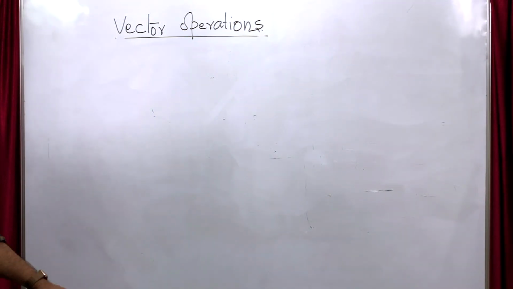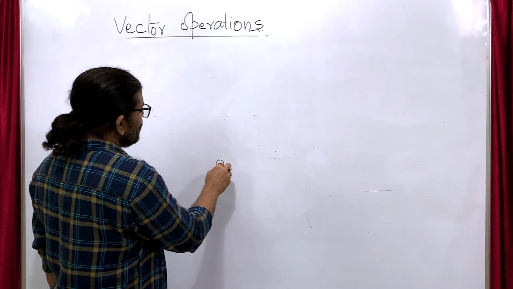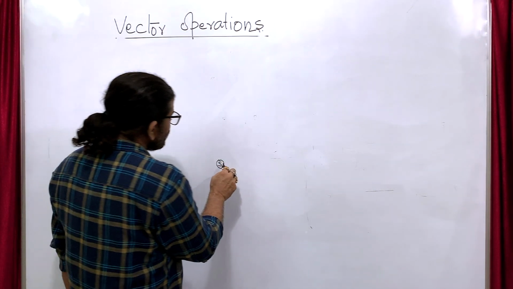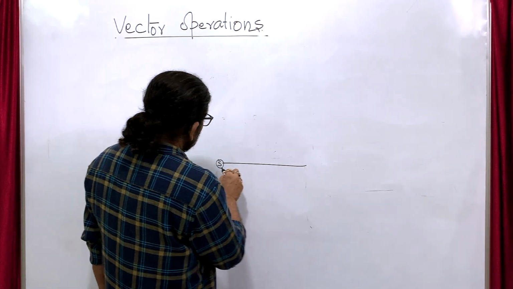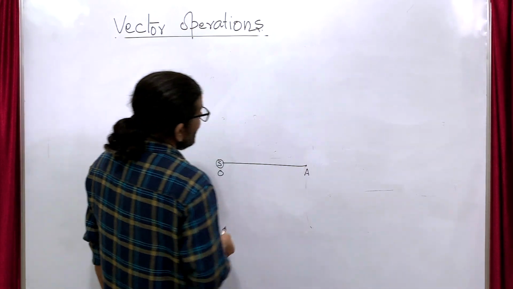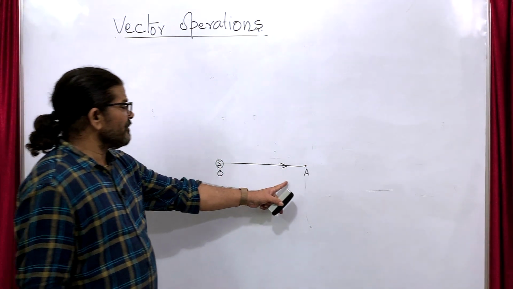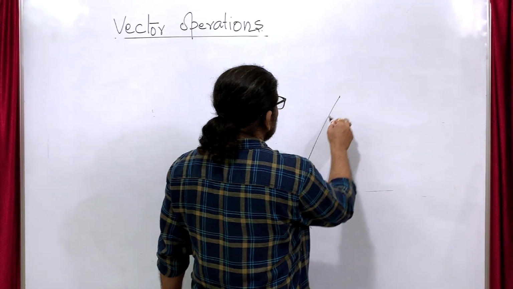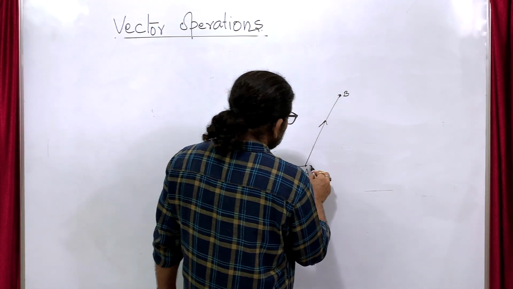Suppose you are playing golf. In the first shot, suppose this is the starting point, and the first shot is taken along this direction. Suppose the starting point is O, and here the ball is coming to A. So in the first shot, the ball goes from O to A. Then you take the second shot, and suppose you are coming to B,